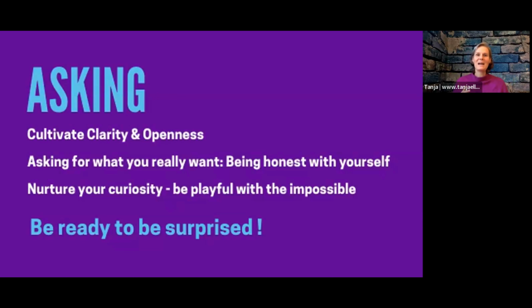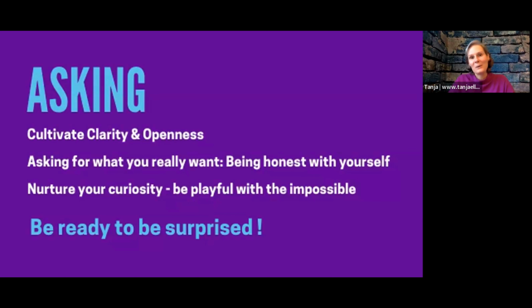Sometimes it can happen that you get an answer that some part of you feels like, oh no, I don't want to hear that. But still, if you remain neutral and in a space of acceptance, then you can receive it. And you can still then decide, do you want to move forward with this knowledge, or do you want to set it aside, say like, nah, okay, I heard it, but I'm not going to do anything about it. So you always have a choice.